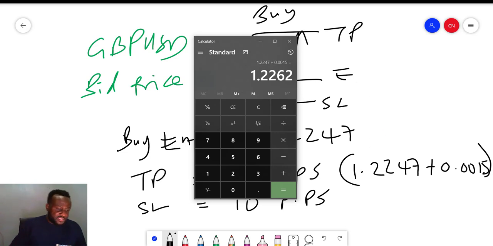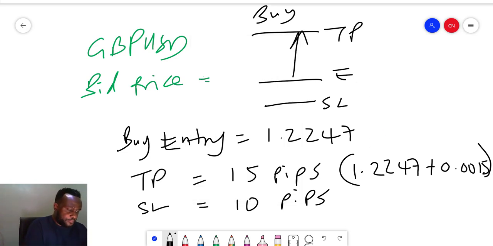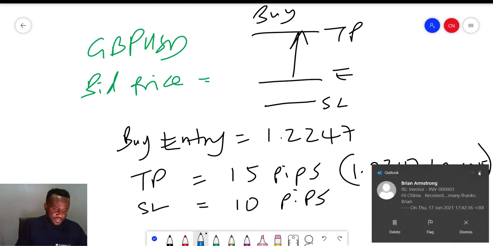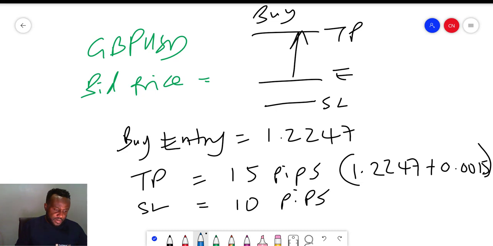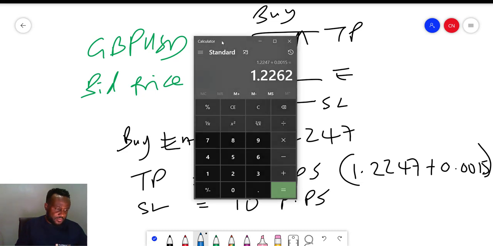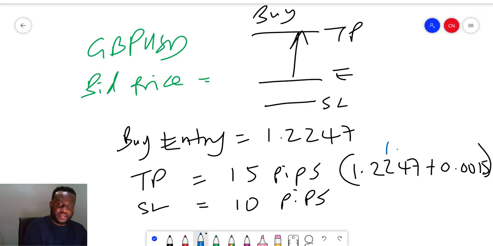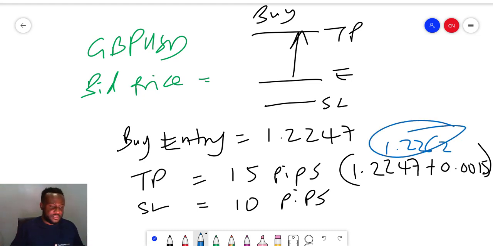So the answer to that will be 1 point, oops, where is my calculator? I want to put it here. It says 1.2262. So that will be my TP price,